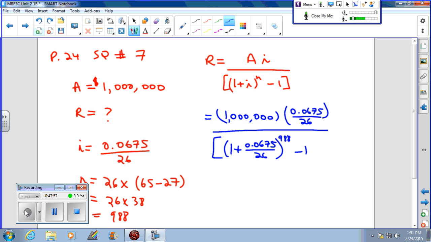Okay, so now that we have all that done, and presuming I picked the right formula, this should all work out. Now, when you're multiplying a whole number by a fraction, you can multiply straight across and then divide. So we have 1 million. It's 1 and 6 zeros. Double check that you just have 6 zeros, not 5 and not 7, times